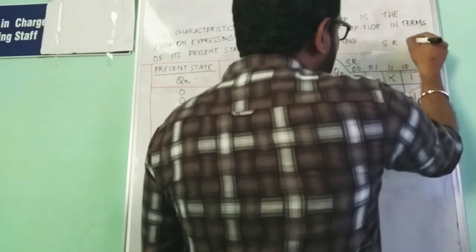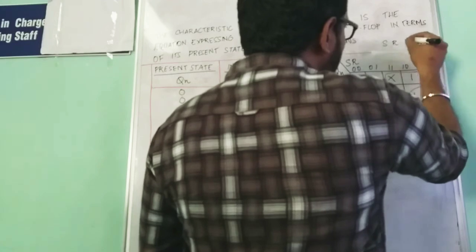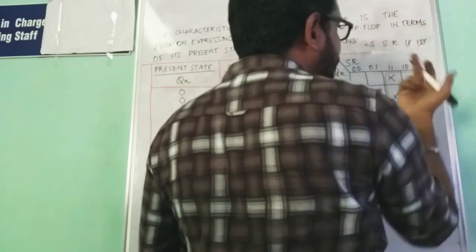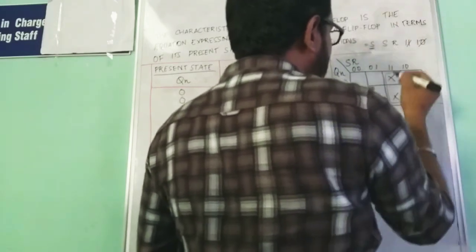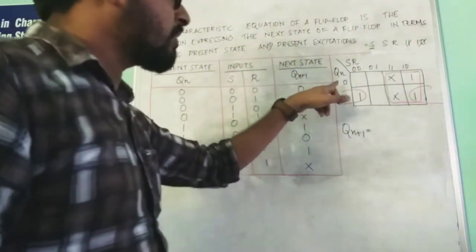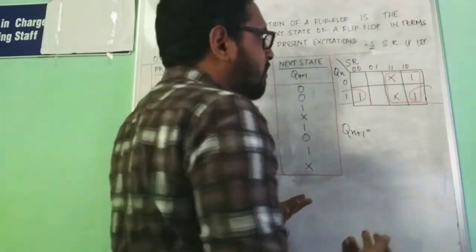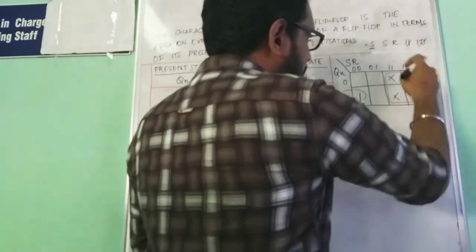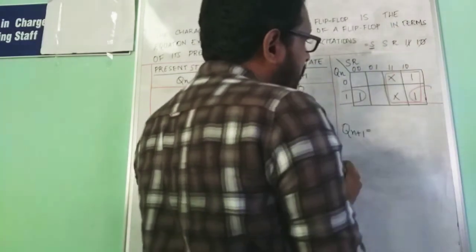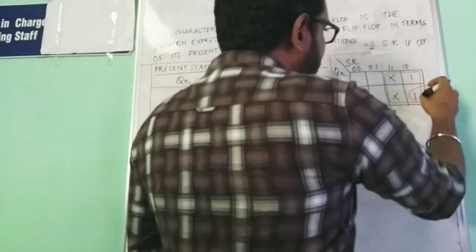So how will we get the value? Projecting this upwards means S and R will get 1 1 and 1 0, so this gets cancelled, and we have the S value. Projecting this leftwards means both Qn and Qn bar values get cancelled. Projecting this case leftwards means 0 and 1 get cancelled, so we have an S there. In this particular case, we have an S. Next we need to find this pair.